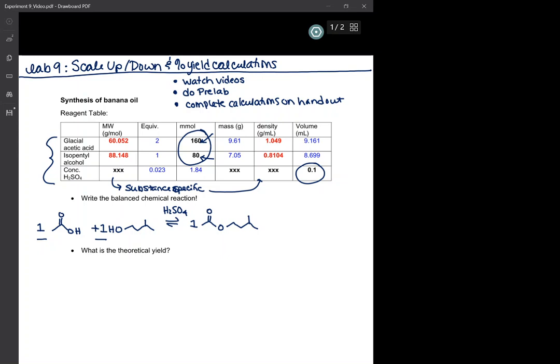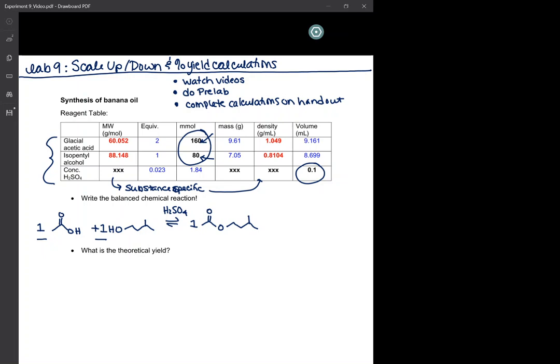So we can see from this that our isopentyl alcohol is our limiting reagent, okay? This one's kind of easy to see, but if you weren't sure, you could start with how much of each of your reactants you have and figure out, if you use all of that reactant, how much of the product can you make? And then you can see which one's limiting that way. All right, so we already know which one's limiting in this case, but